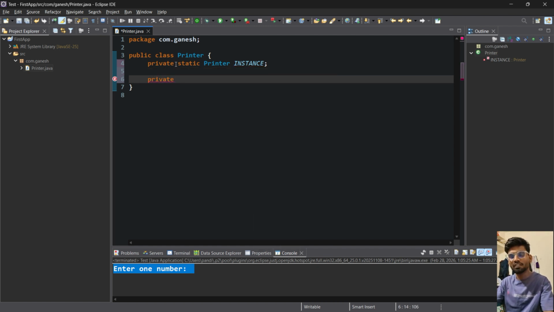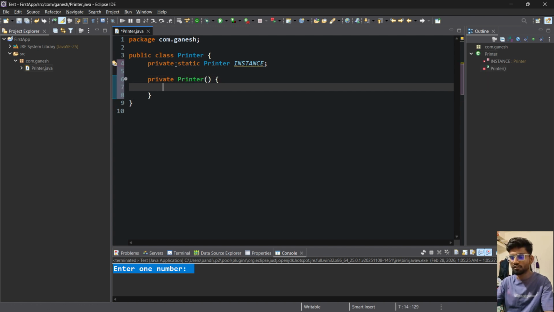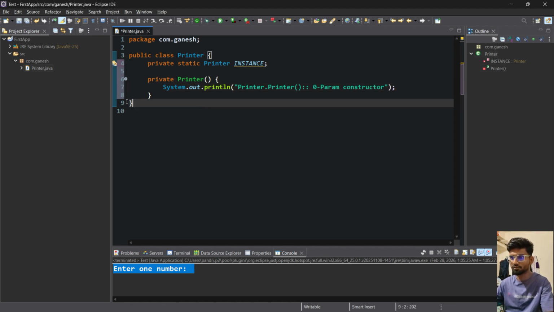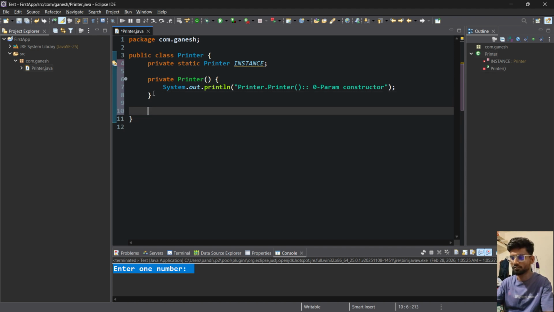When we design the singleton class, then compulsorily we have to declare the constructor as private. Private Printer. I will write here a zero param constructor. Okay. Here public,